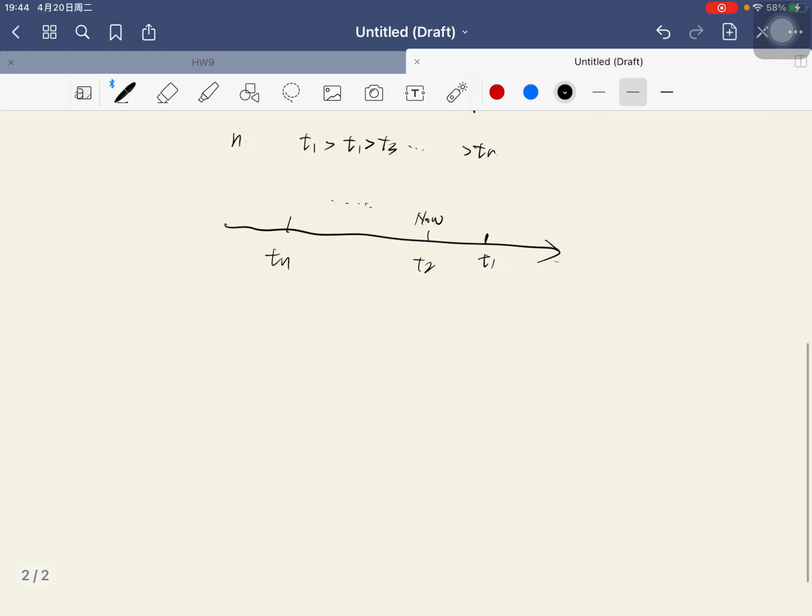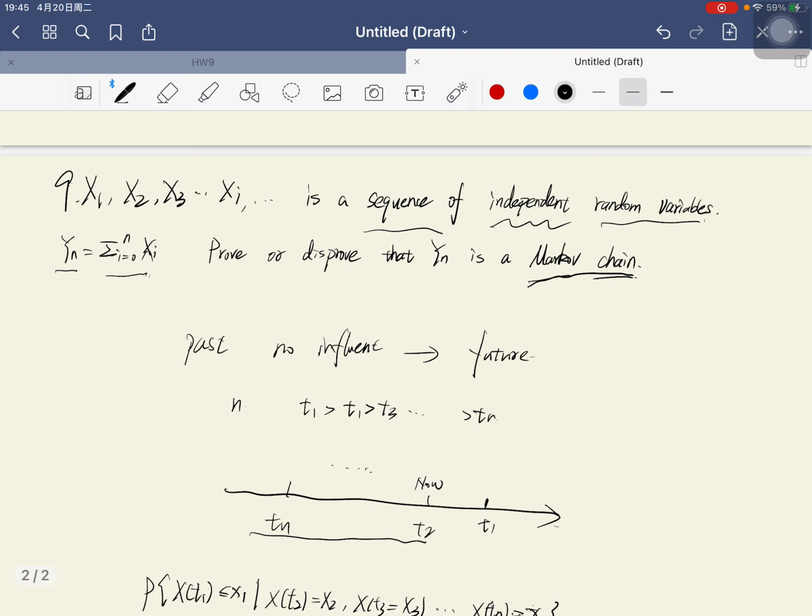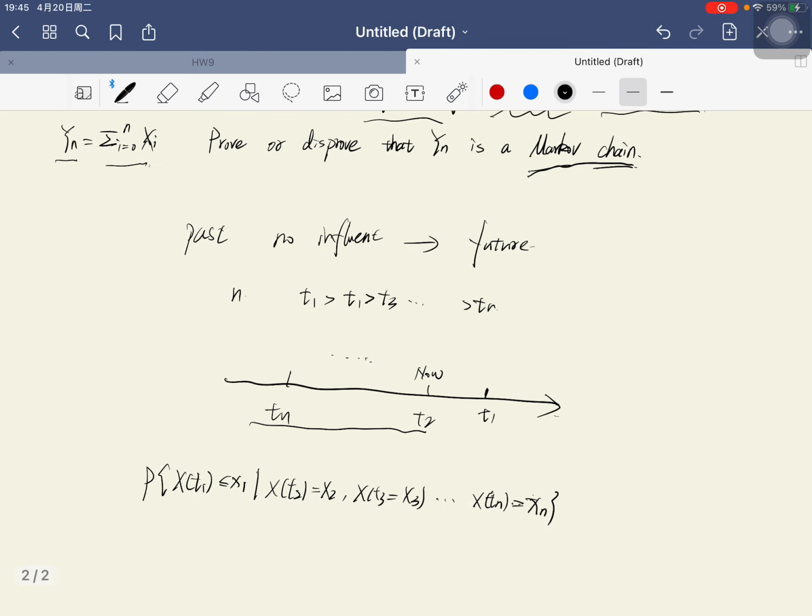We want to know the probability of X(t1) being smaller than or equal to x1, in the condition that X(t2) equals x2, X(t3) equals x3, and so on, X(tn) equals xn. Because the past has no influence on the future,